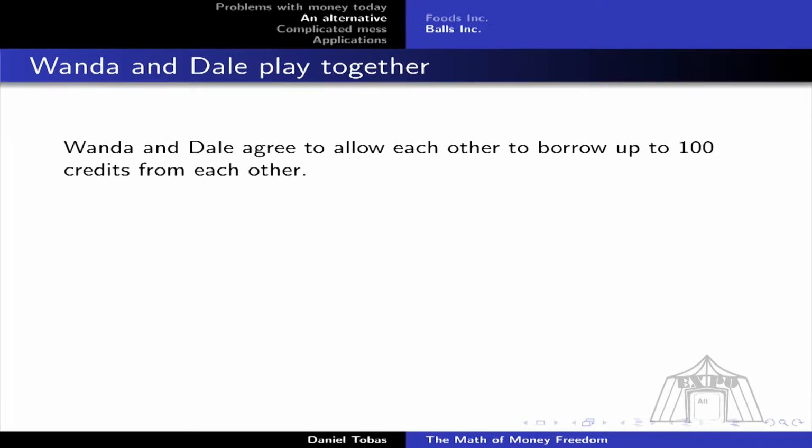Okay, now who is Dale? Dale is the owner of Balls Inc. Okay, and that's a sporting goods store. So before you might have been thinking that's something else, but it's a sporting goods store, and so they